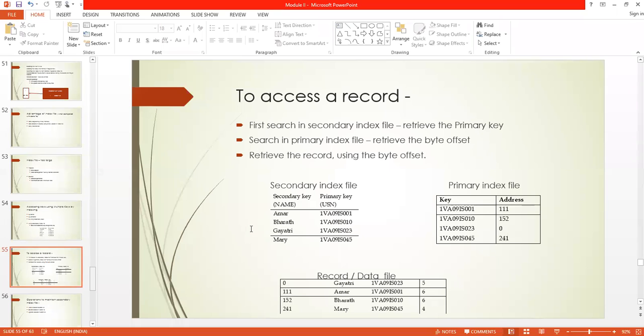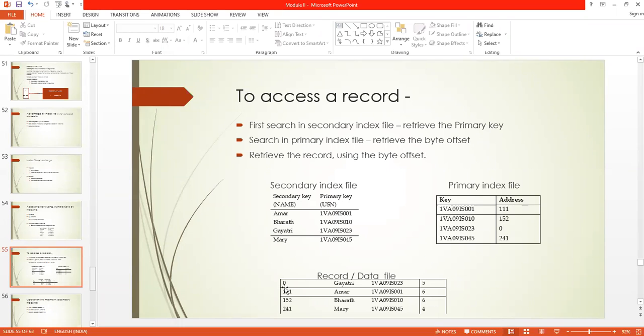I can use binary search and take this record of Gayatri, check the corresponding USN, it is IS023. Go to the primary index, search for IS023. So IS023 is here and the byte offset is 0. So directly go to the 0th location in the record file.